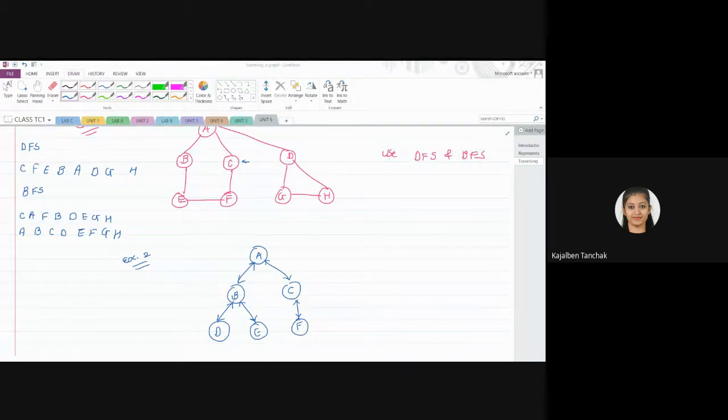Correct, Palak. That is the correct answer for DFS. What about BFS?